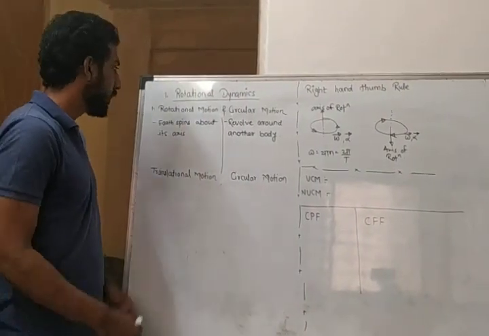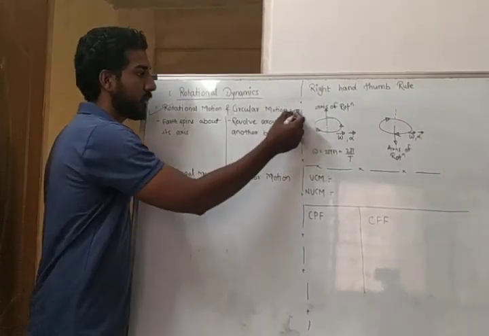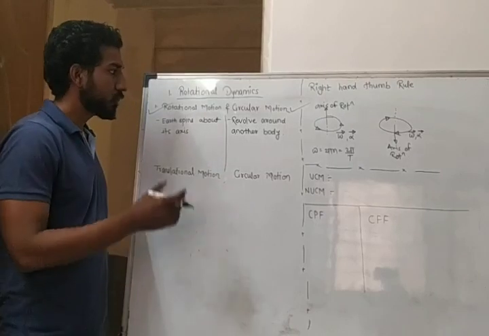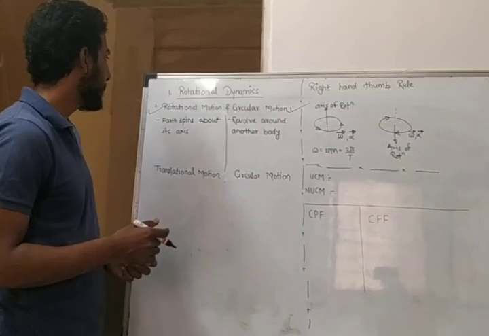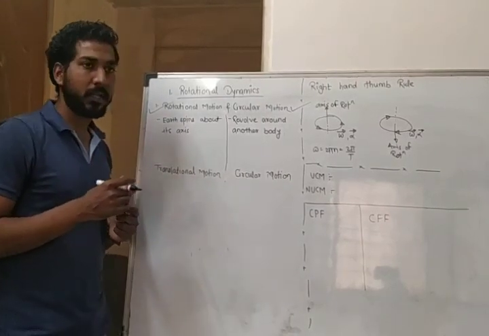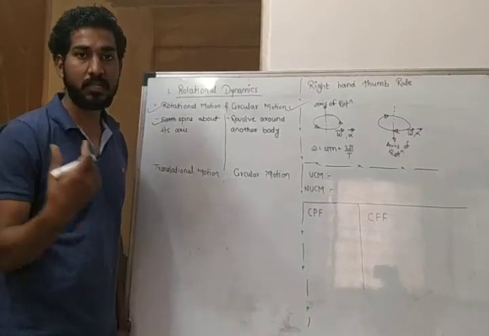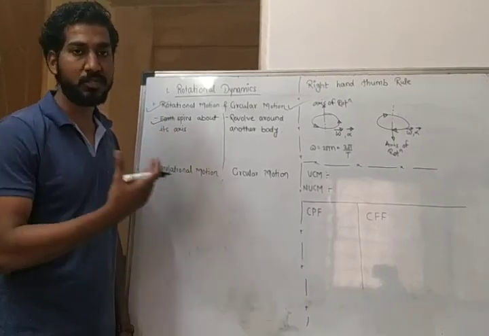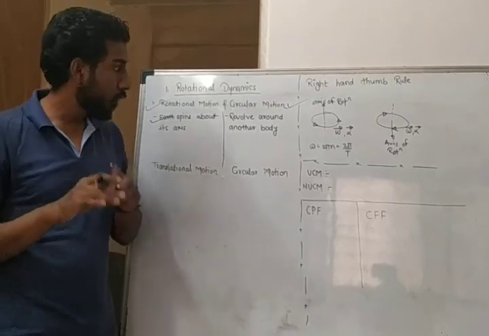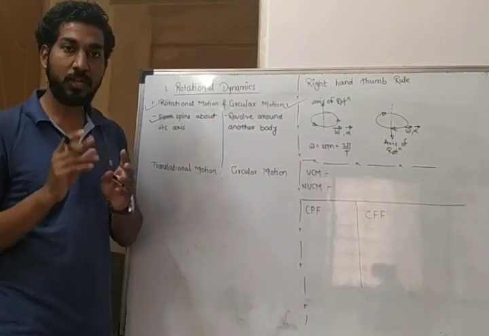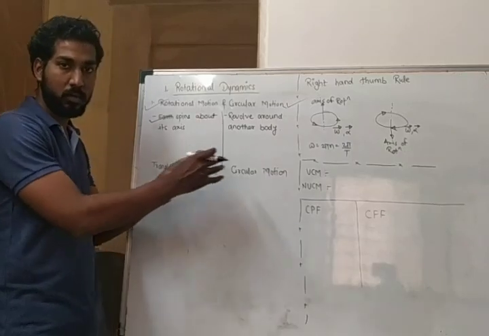Okay. So if you go through it, the first one is rotational motion and the second one is circular motion. If you take the example directly, you can have the definition. If we take the example like Earth spins about its own axis, let's say Earth is moving about its own axis, this is nothing but the rotational motion. Now what about circular motion? Circular motion can again have the example of Earth, but Earth will revolve around the Sun.